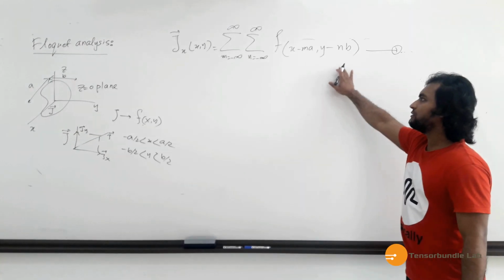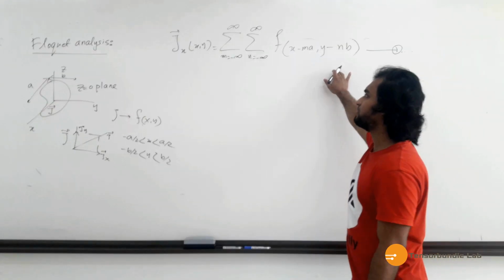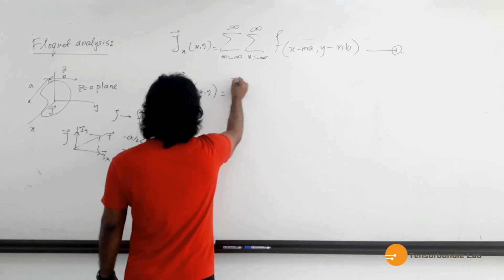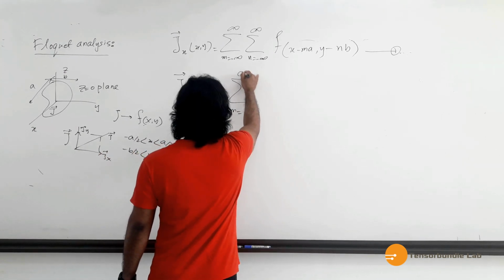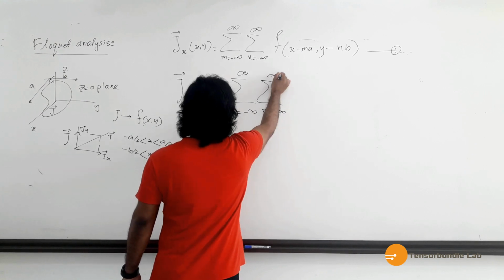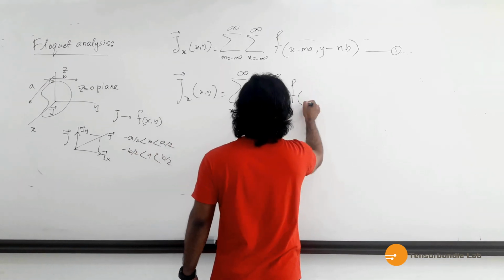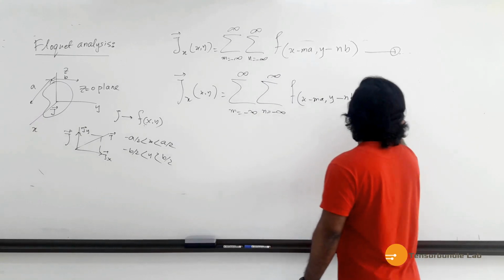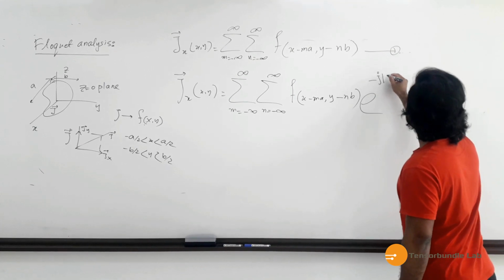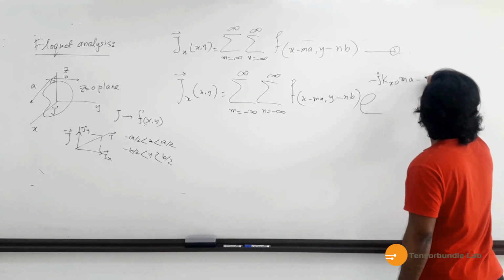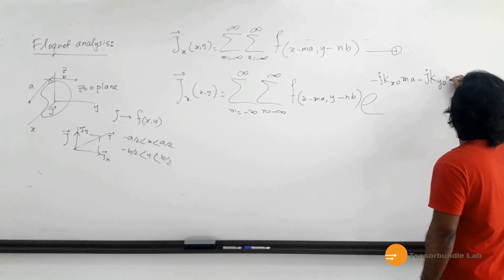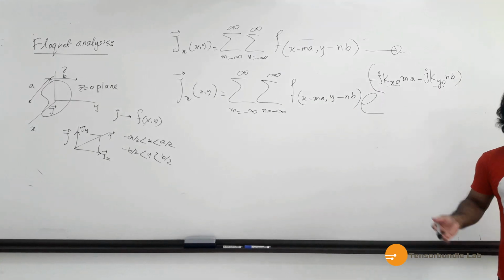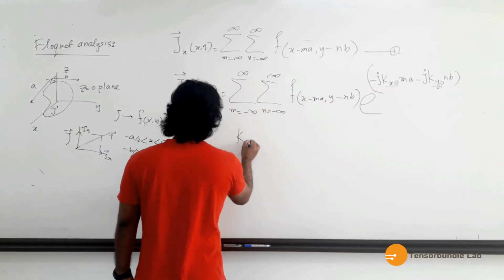So we can include this phase information into the surface current equation, which can be written as Jx(x, y) equals the sum over m and n from minus infinity to positive infinity of f(x minus ma, y minus nb) times the exponential phase term e^(minus j kx0 ma minus j ky0 nb). Here kx0 and ky0 are the phase gradients along the x and y axes, and they can be defined as